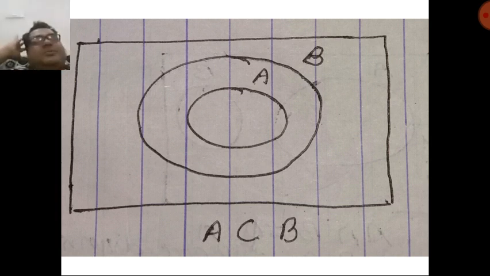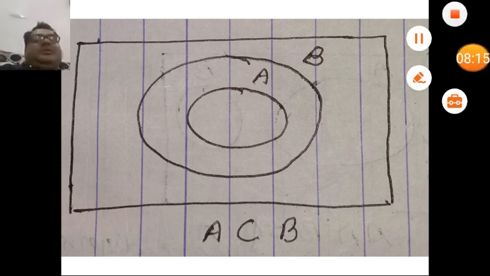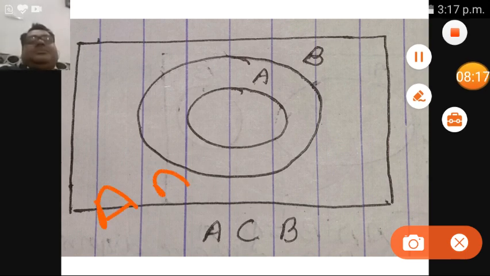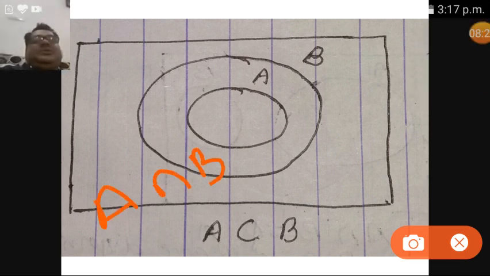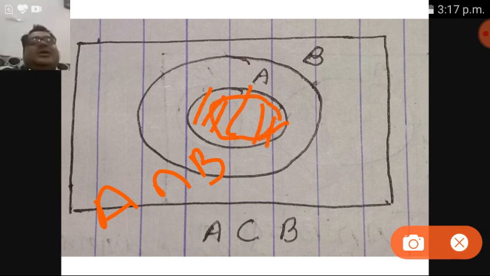One more thing, with the help of this figure only, I would like to tell you that whenever A is a subset of B, what will A intersection B be? As we know, the intersection of any two sets is the set of the common elements of A and B. So when we take A intersection B in this case, what region do you get? This one. It means when A is a subset of B, then A intersection B is equal to A.